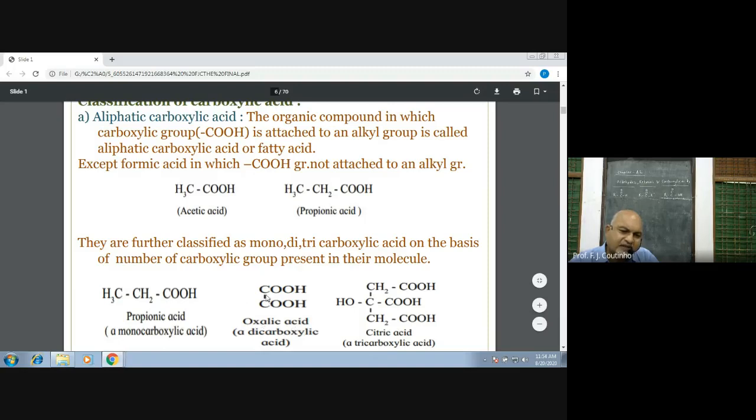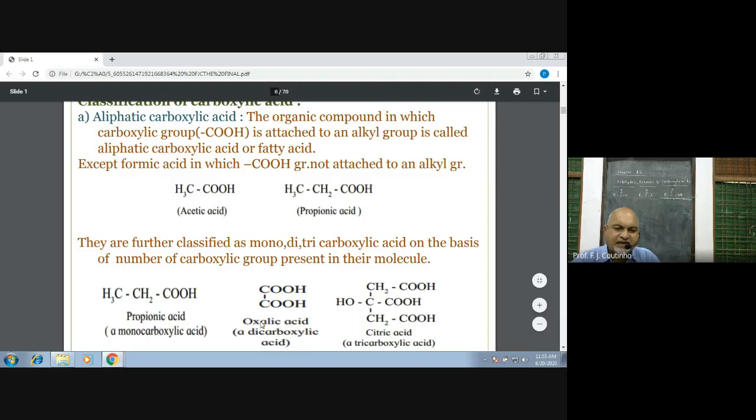It looks as if the valence of these two carbons is not satisfied, but it is satisfied. How? These two carbons are linked to each other, so one bond is formed here. Now three valences of this carbon have to be satisfied. If I put a double bond to this oxygen, how many valences of this carbon are satisfied? 1, 2, 3. How many are left? 1. That is OH. Likewise for the other carbon, the valences are satisfied, and that's why this is the structure of oxalic acid.